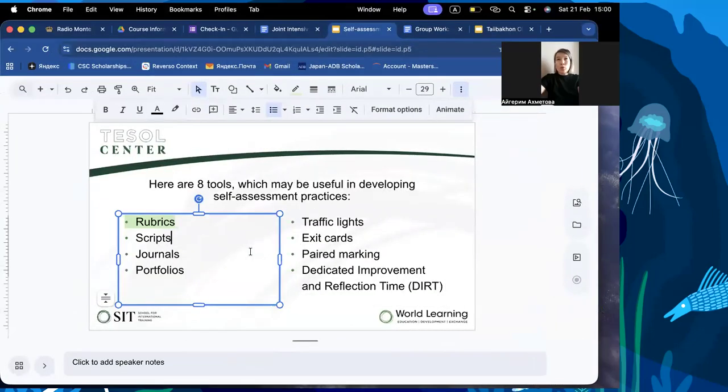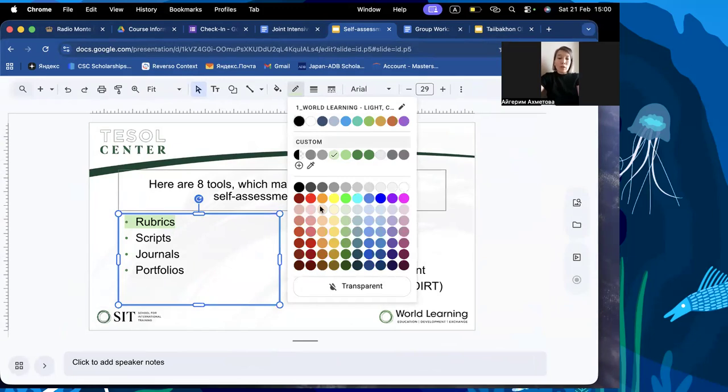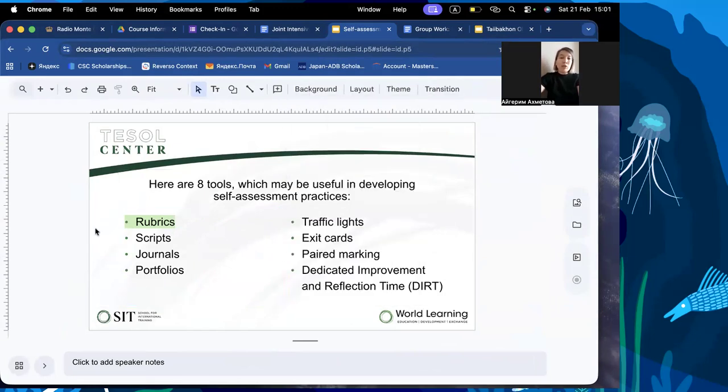So I definitely use rubrics to set the self-assessment in my classes. By rubrics, I understand some assessment criteria the students should follow to achieve the learning objective. For example, if we talk about past simple, the rubrics might be: the student can make at least 3-4 sentences in past simple correctly. The second rubric might be: a student can apply time markers correctly, and the third is: a student can share about some past events